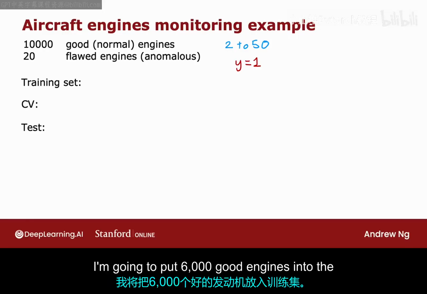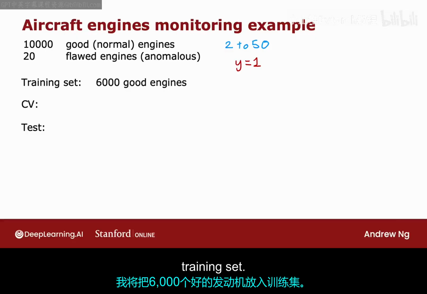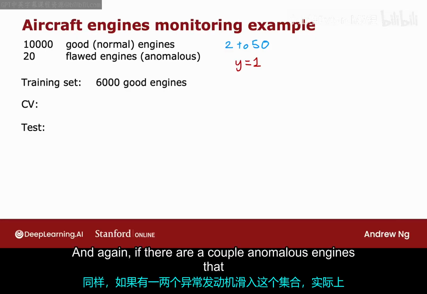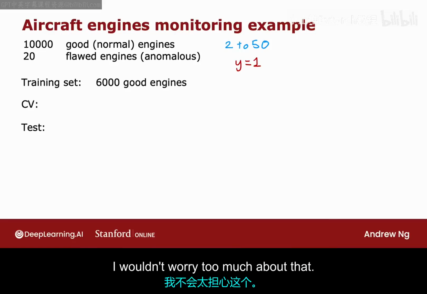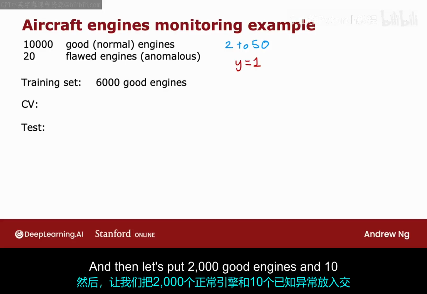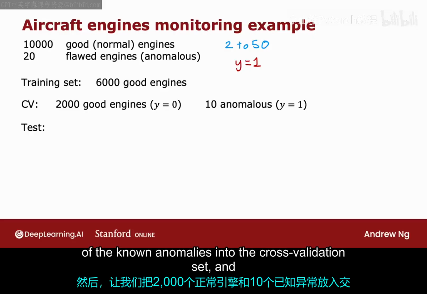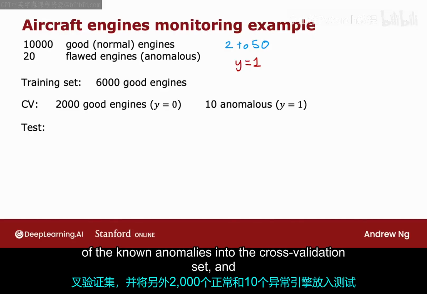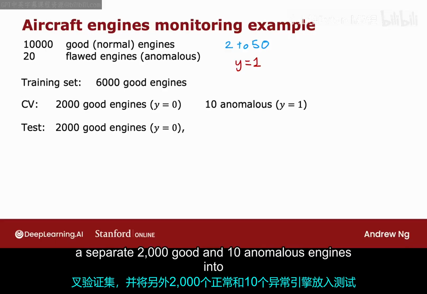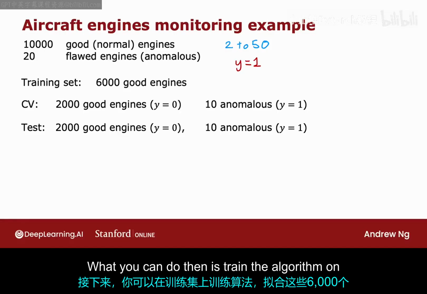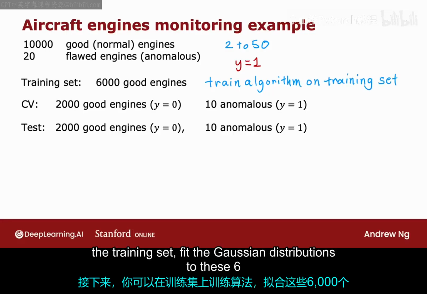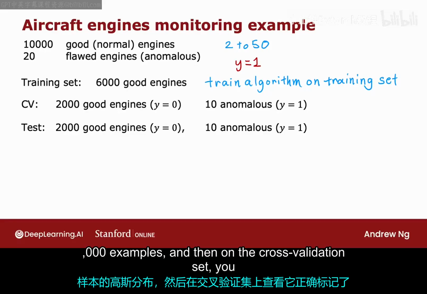I'm going to put 6,000 good engines into the training set. And again, if there are a couple anomalous engines that got slipped into this set, it is actually okay. I wouldn't worry too much about that. And then let's put 2,000 good engines and 10 of the known anomalies into the cross-validation set, and a separate 2,000 good and 10 anomalous engines into the test set. What you can do then is train the algorithm on the training set, fit the Gaussian distributions to these 6,000 examples,